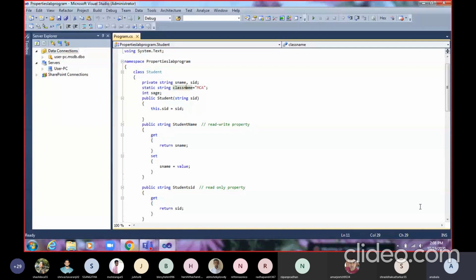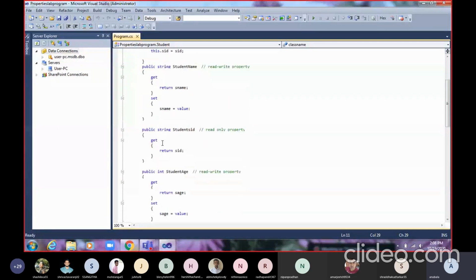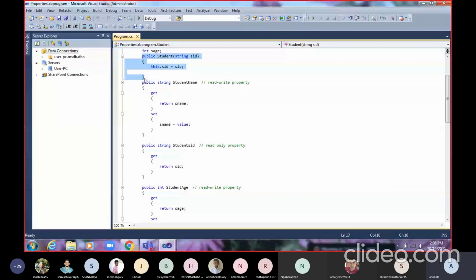So this is the read write property. Now the next property is public string student ID. As earlier, we have already set the student ID in the constructor. So what I need is to simply return that ID. Whatever ID is set inside the constructor, I only want to return that ID. I don't want to set that ID inside the property.